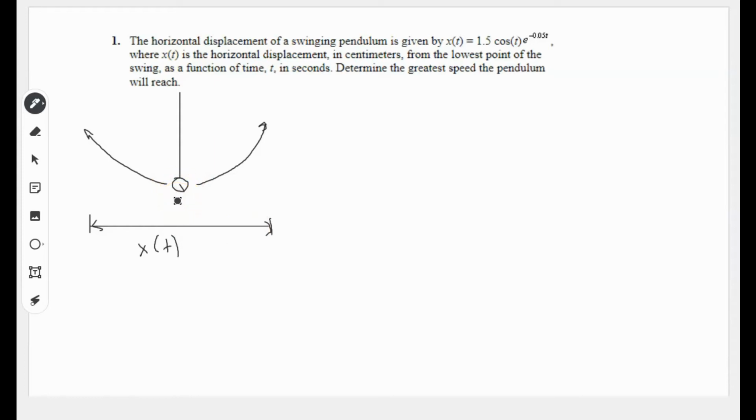That's really tough to do, but you could always use Desmos and graph the first derivative and the second derivative, and analyze those graphs to see where it occurs. Or if you have some basic physics knowledge, you'll probably know that maximum speed occurs right there at that center position